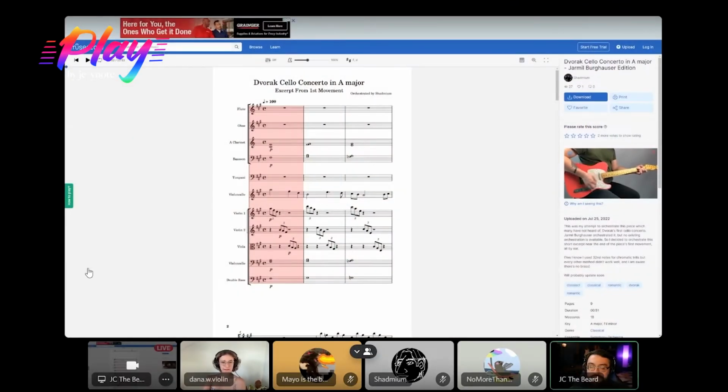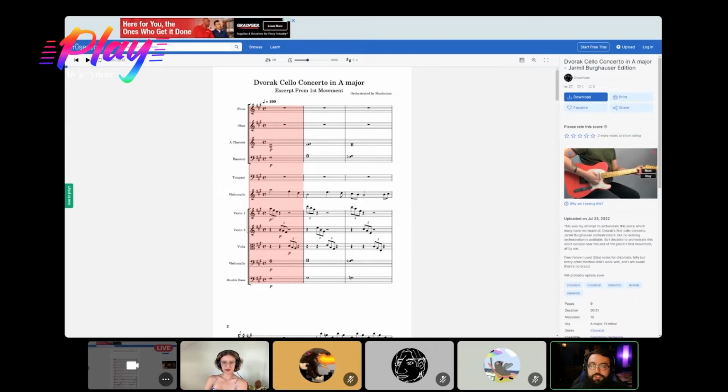As far as the string writing, I'm not a string player. I've never played strings. That's Dana's lane. But I did want to see if I can find a spot where I can record this. The first little bit here, where you have these descending triplets going across instruments. I love writing like that. Again, it feels good. I don't know if this is how the original piece is. I'm sorry, I'm a brass player and I played an instrument that was not included in hardly any orchestral lineups, so I don't have that knowledge and lived experience.